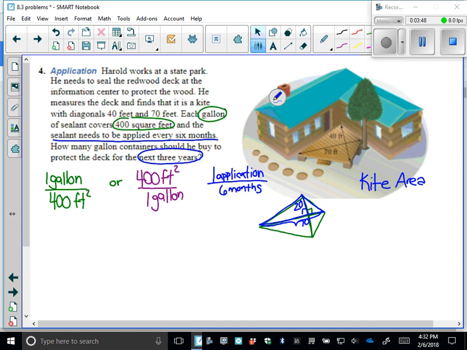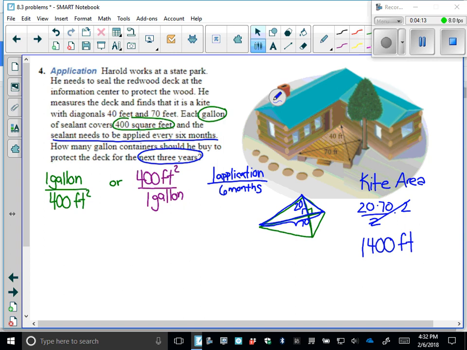So the area of the blue triangle is 20 times 70, but since it's a triangle, I would divide by 2, but since there are 2 triangles, I would multiply by 2, and so the area of the kite is really 1,400